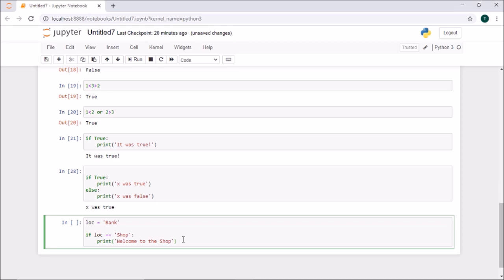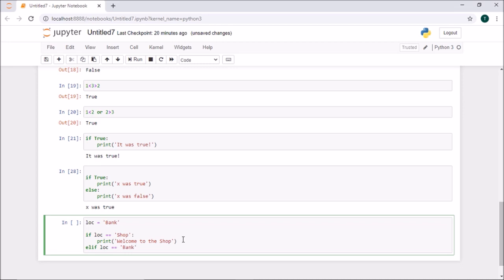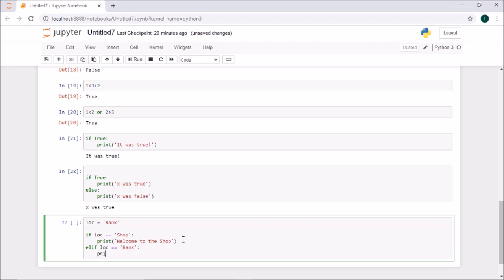If it is not a shop, what if I have another condition: if LOC is equal to bank, okay, then print my value to be welcome to the bank.